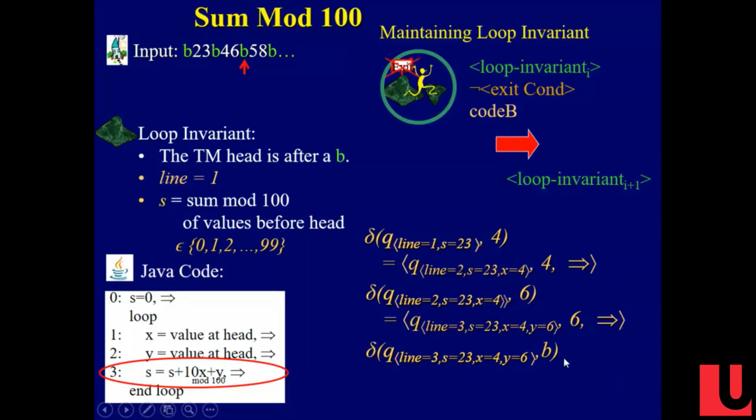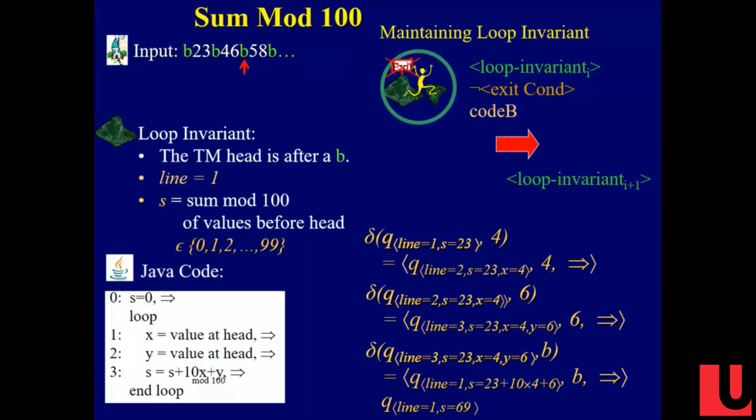So I'm looking at a blank, which is good. So what's my new state? Line 1, S is whatever it is, right? And I write the B and I move right. So here I'm writing in, again, this isn't really the name of a state. That's a bunch of math. So really that's the state I'm in. Does that make sense?